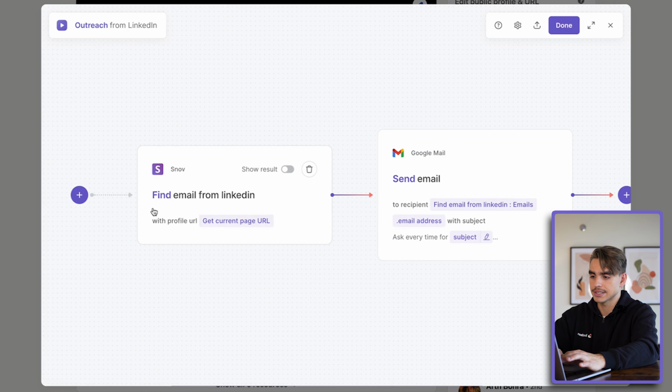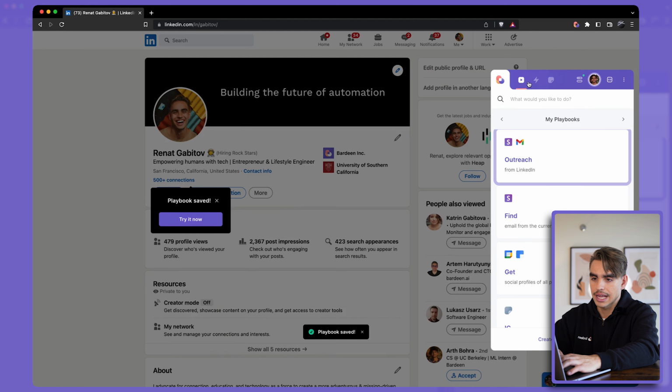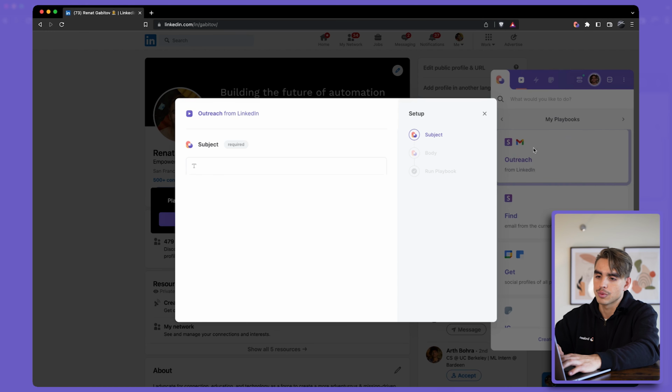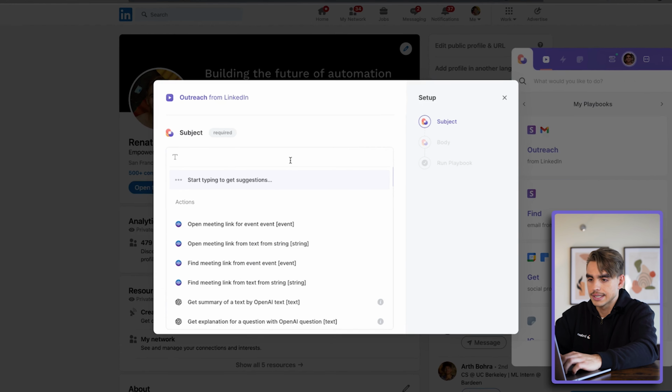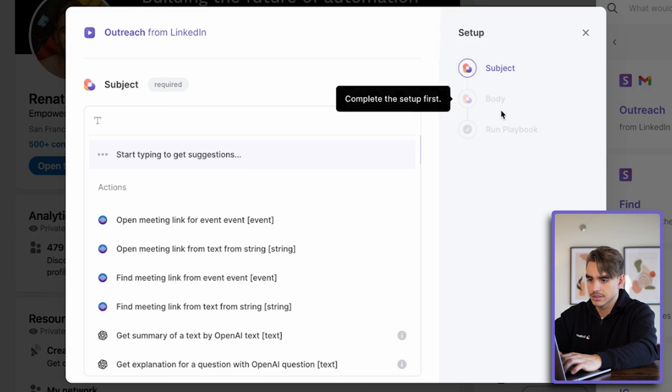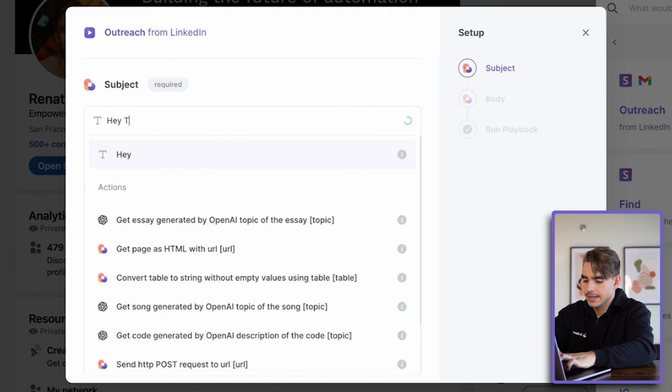So this automation has two actions. The most important action is the one that finds that email. Let's click on done, and I'm going to collapse the window so you can see it on the side. So again, imagine we're here on that LinkedIn profile page. We're going to click on outreach from LinkedIn, and here's where you consider those two variables, the subject line and the body. Let's say, hey there,